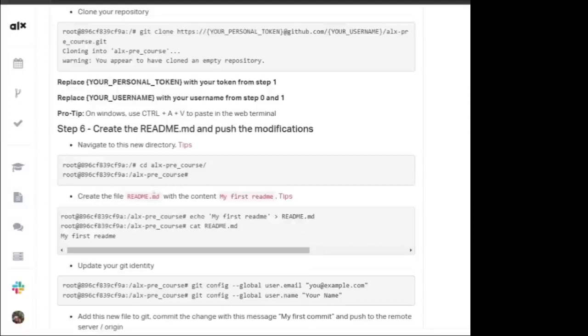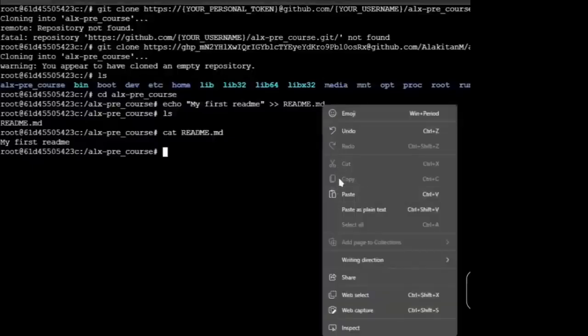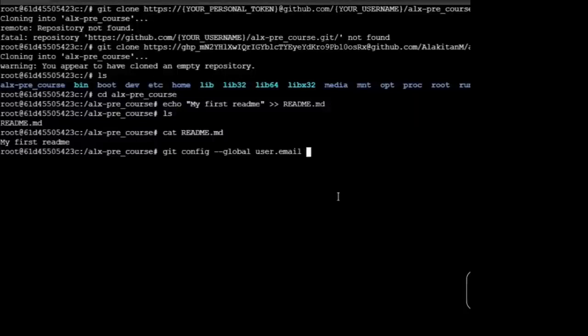I will just copy the first part of the command, excluding the email part. So I'll copy this, then go to my terminal, then paste it, then leave a space, then supply my email in quotes. So my email is